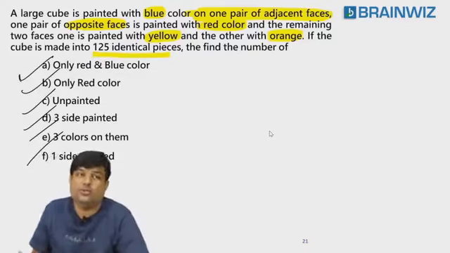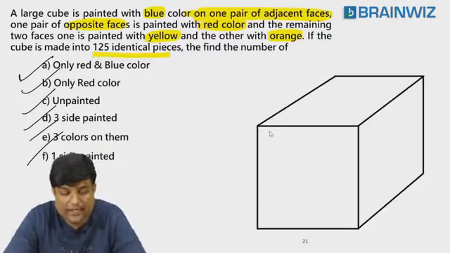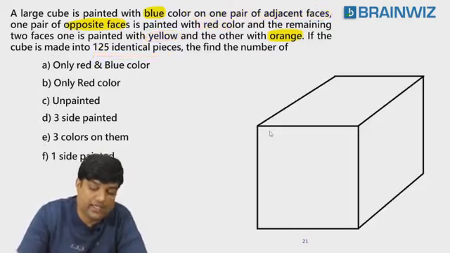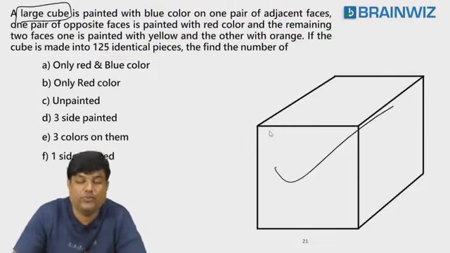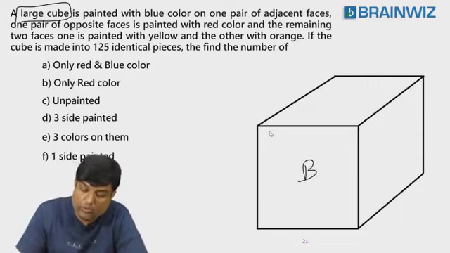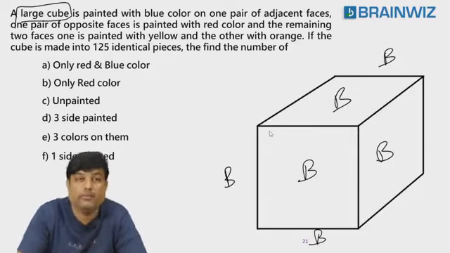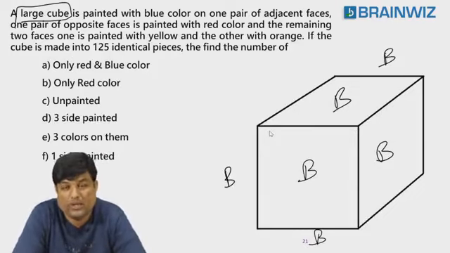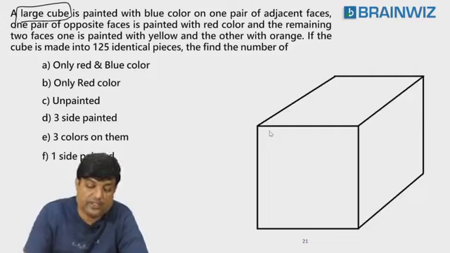Yes or no? So let's try to show you this question. Everybody on the screen now. What did I ask you to do? Sir, he asked you to take a large cube. Yes, sir. This I have taken as a large cube. Look, large cube. Following everybody? So now, do I paint blue on the front, back, bottom, left, and top? Shall I paint blue everywhere? No. I'm not supposed to paint all the faces. Are you understanding, everybody? Read carefully: one pair of adjacent faces are painted with blue.